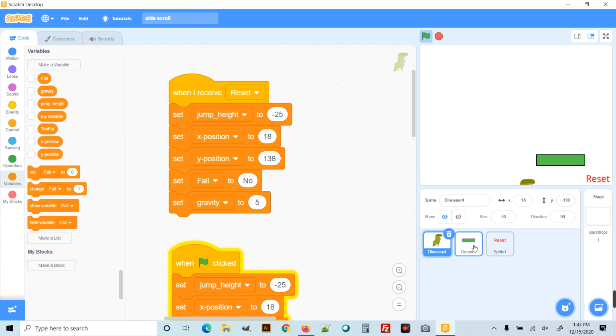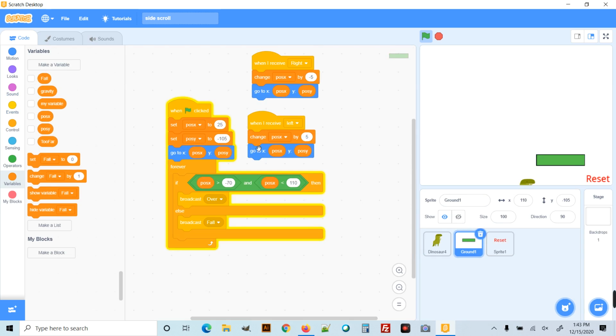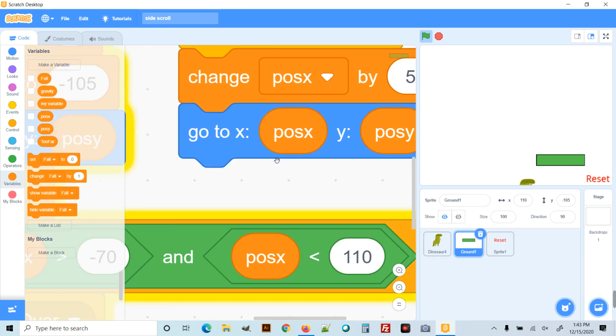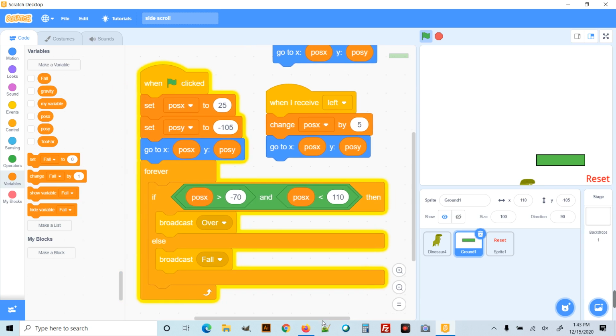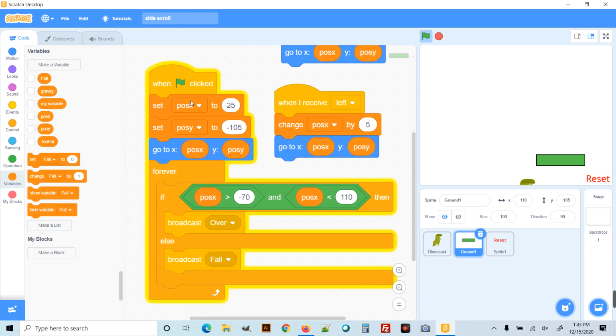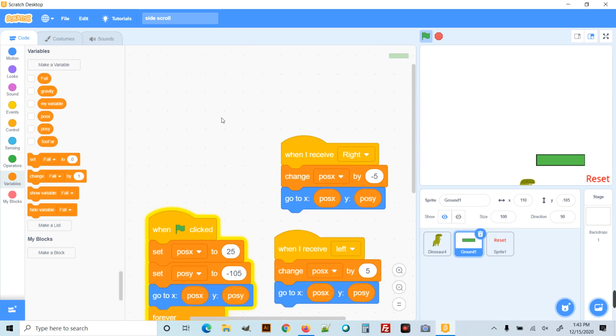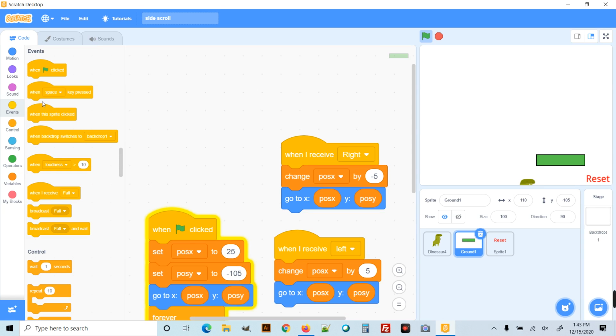So let's go to our ground. So click on the ground. I'm going to make that a little bit bigger. Not that big. There we go. So if we look at the ground, when we start, we set our position here under our flag. So we want to add an event, when I receive. So we want the ground to listen for that reset as well. So when I receive reset for the ground,